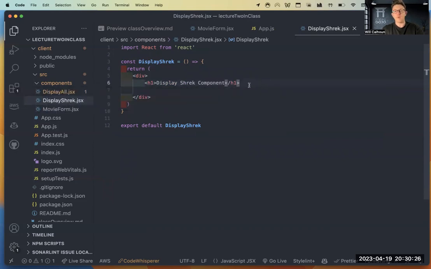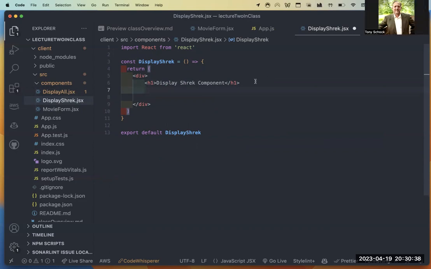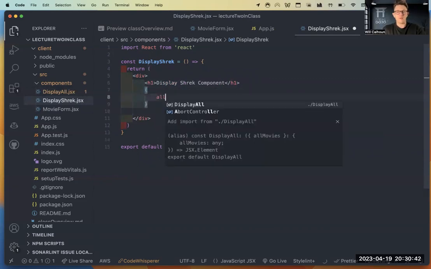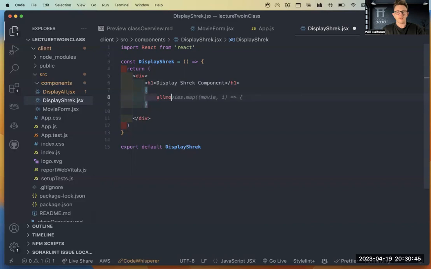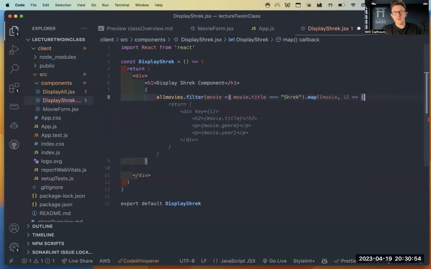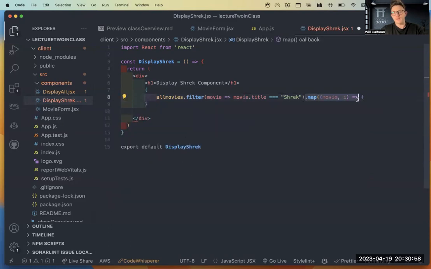Perfect. Now, what could I use if I wanted just to get Shrek and I have access to my entire array of movies? What could I do? Filter. Yeah, exactly. So I could come here and say all movies dot filter, right? Now I'm going to say movie title equals Shrek. I don't even need this guy.